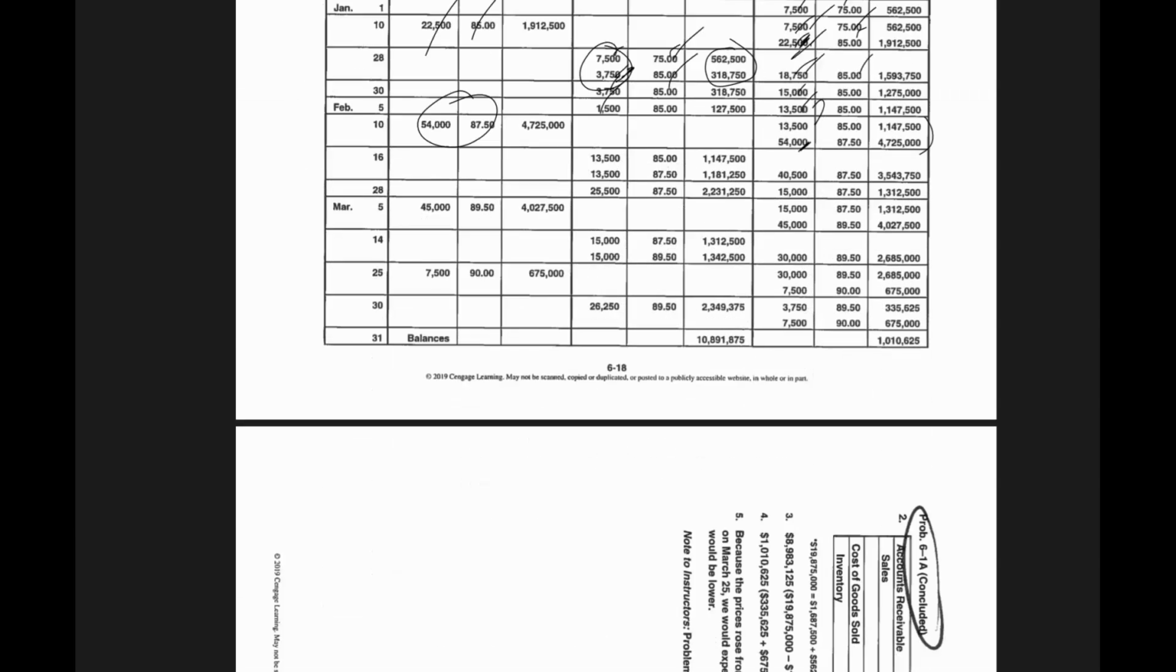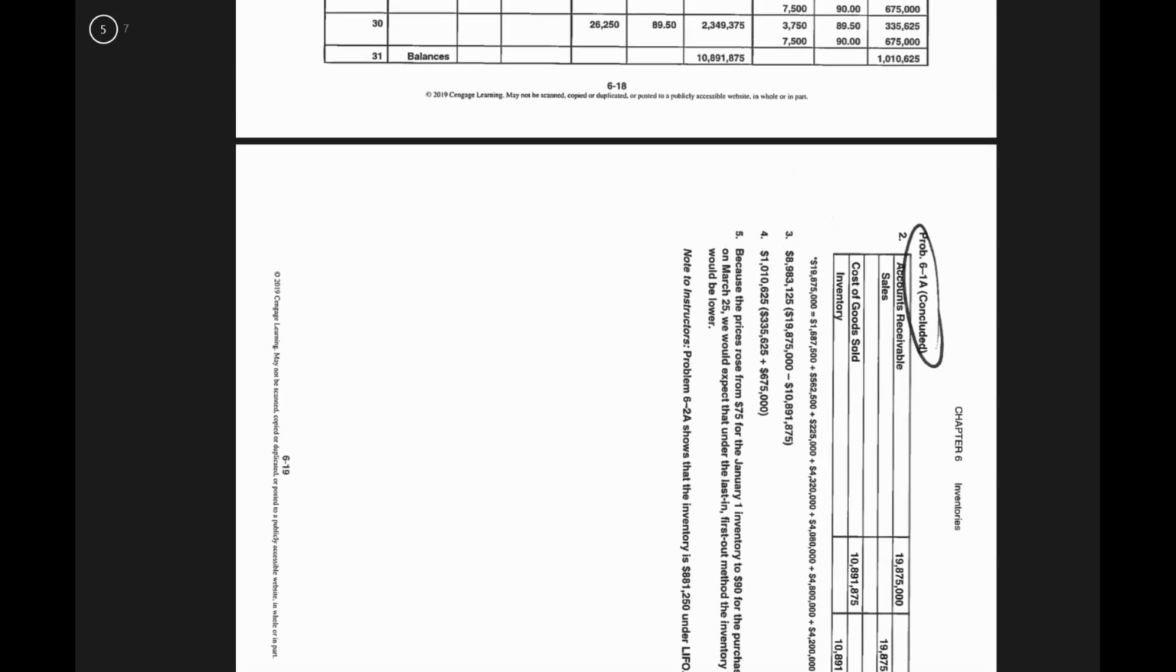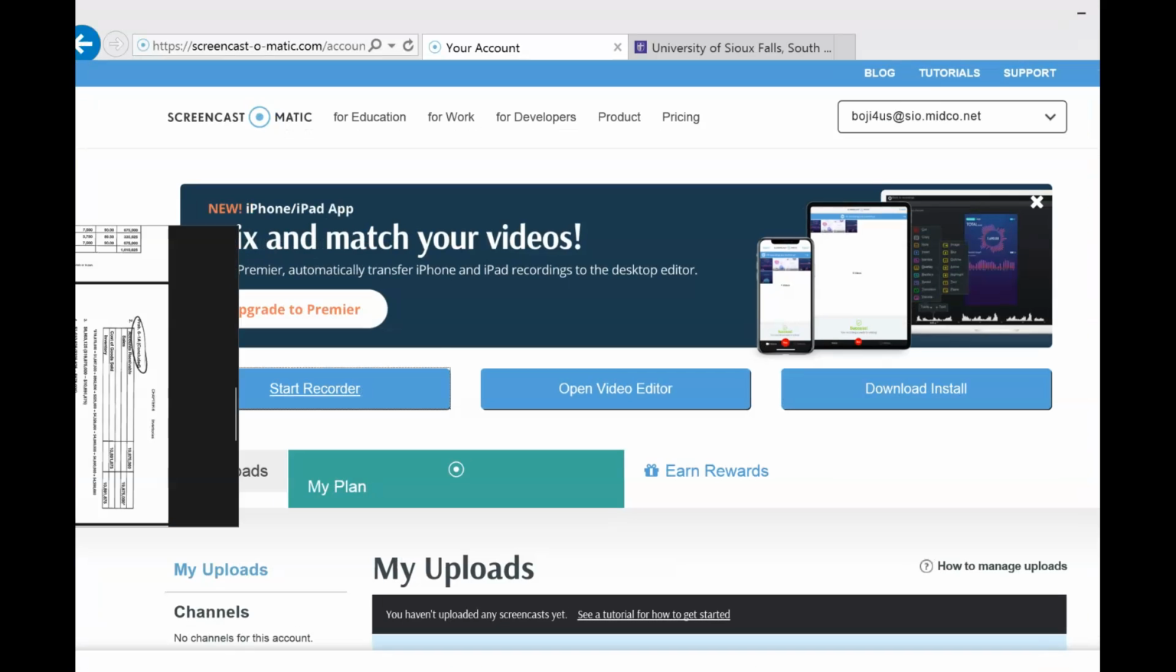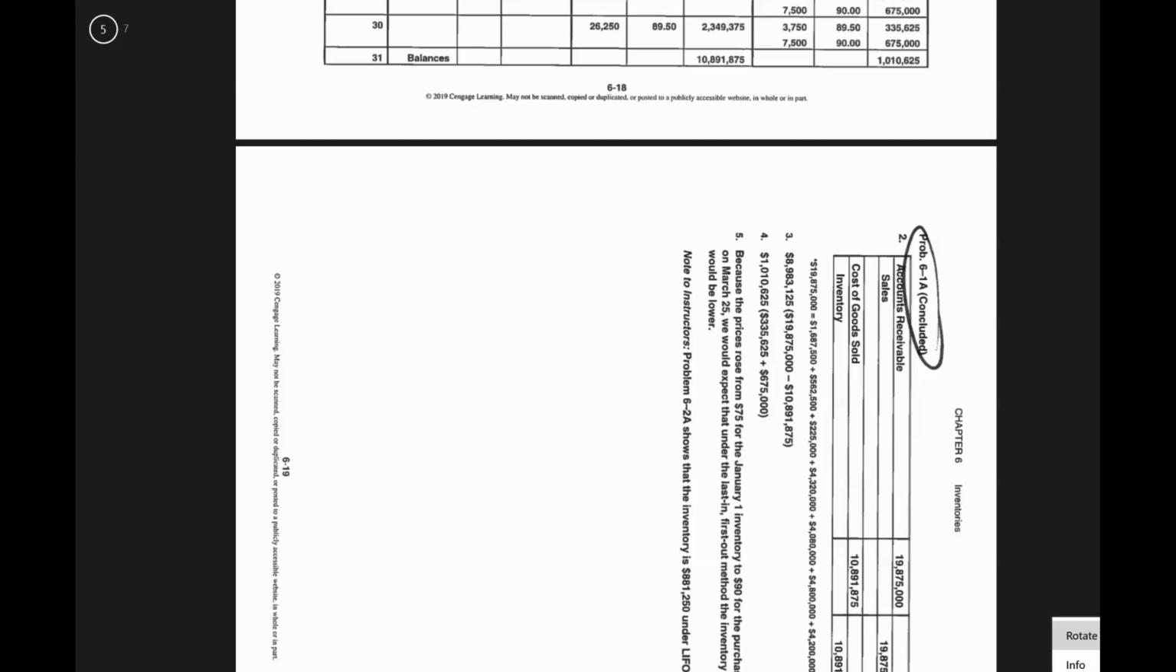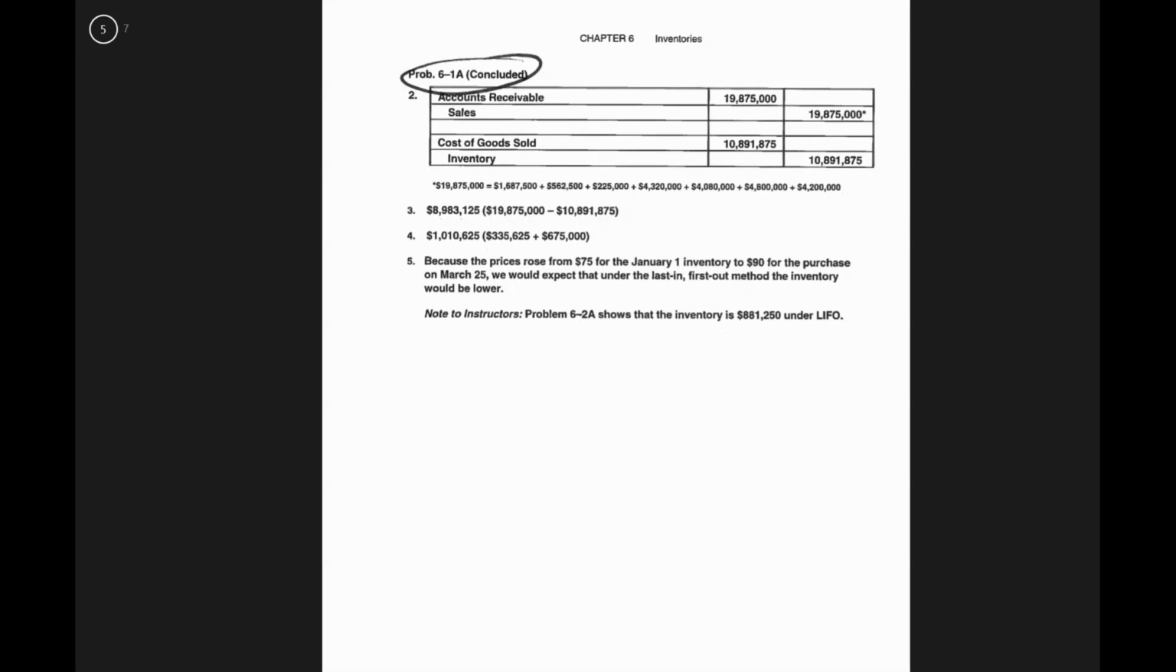So that's part one. All right, now let's see if I can turn this around. I thought I knew how to do that. Here we go. More, rotate. There we go. Okay, so